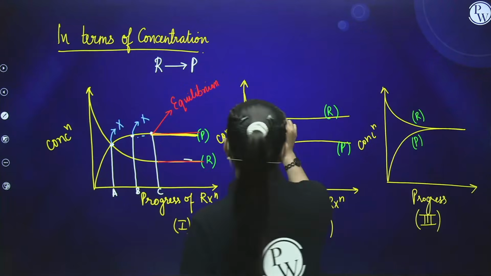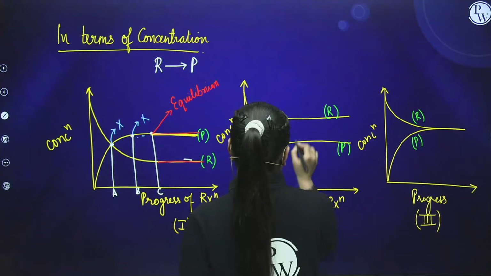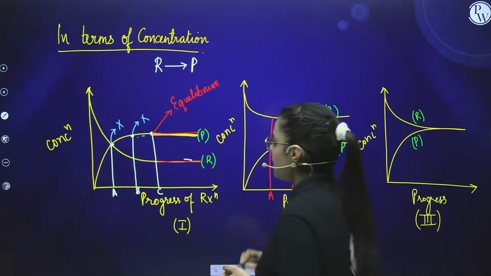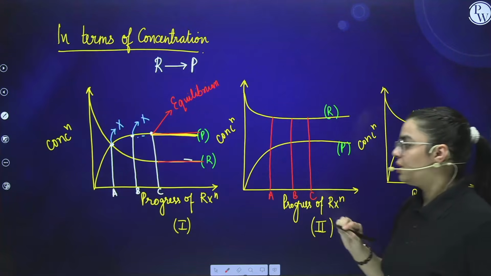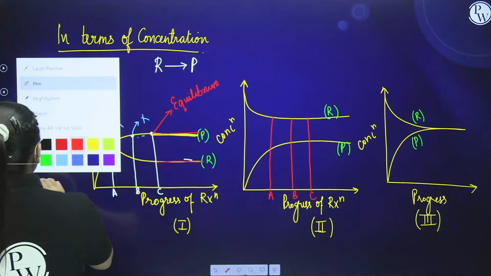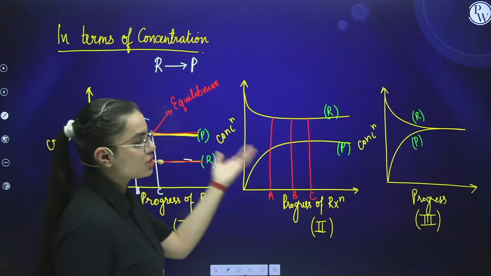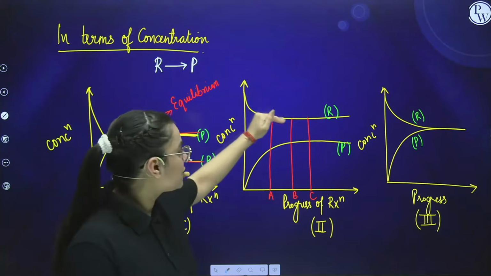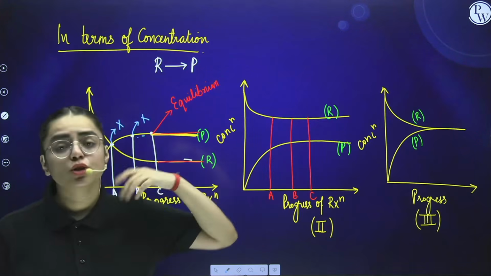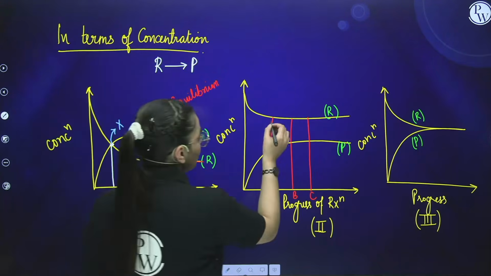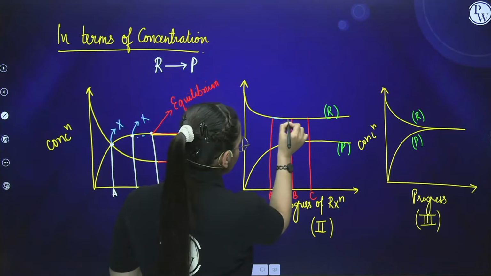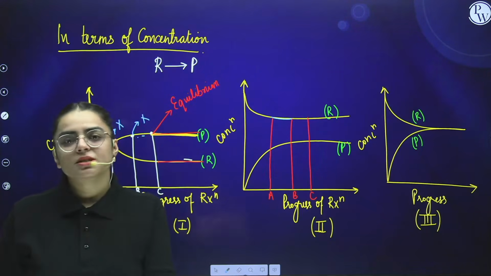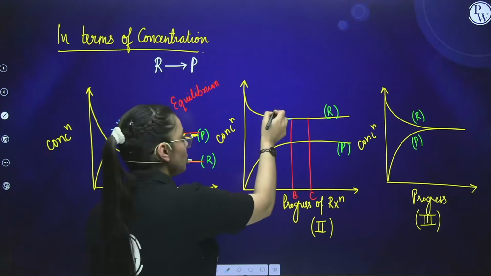Okay. So if I say this is your very first point, A point, this is your B point, and this is your C point. If I look towards the A point, the very first point, we now know which is the reactant and which is the product. We can easily identify. If I talk about the reactant, what I'm observing is that the concentration of the reactant keeps on decreasing in order to form product. So what we are observing over here, after A, is a little bit of decrease, right? So when there is a decrease, that means it is not a constant situation. So here there is no equilibrium at A point.